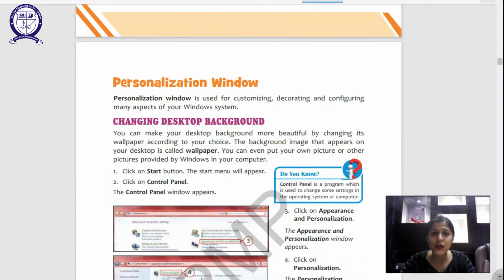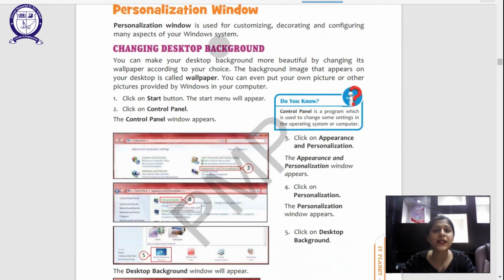Now we will look at the personalization window. Personalizing means that you're doing something to make it more personal, to give it a personal touch, to make it something special for you, right? It is used for customizing, decorating and configuring many aspects of your Windows system. What makes a system your system is the way that you can